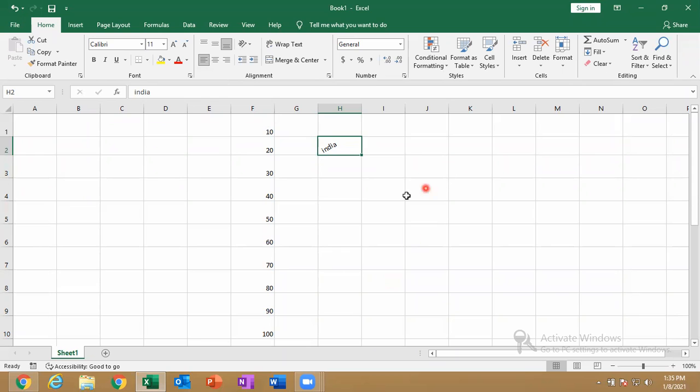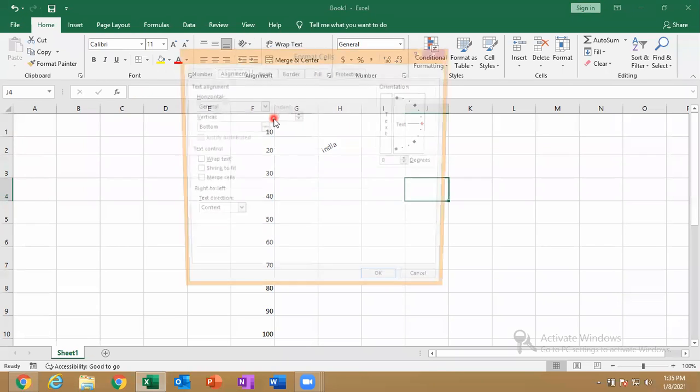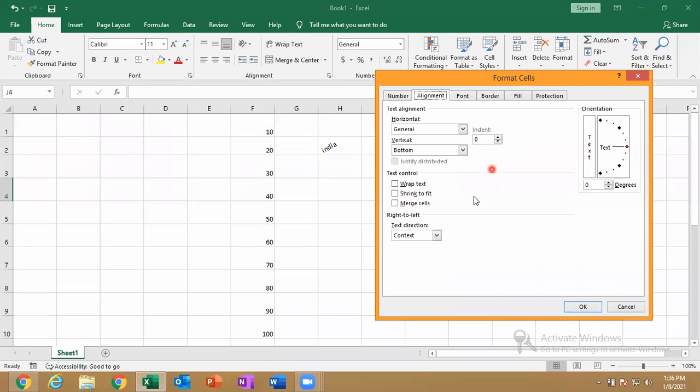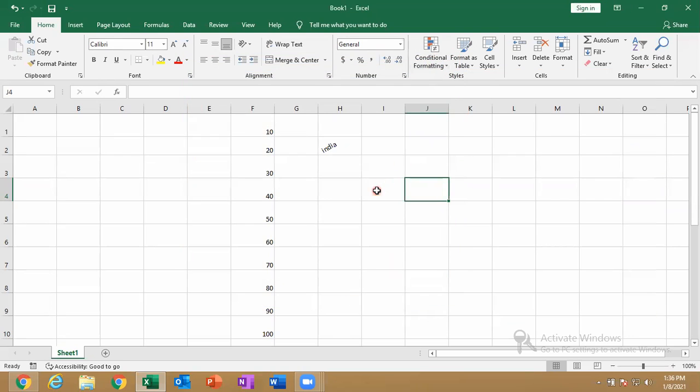And one more thing, there is one more option here, just click here, go for format cell alignment. What is that option? It is called shrink to fit. Why? Because the wrap text is here and the merge cells is here, but this particular shrink to fit option is not there anywhere outside. So let me close this one.